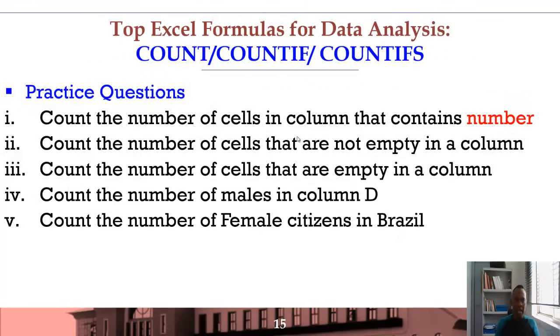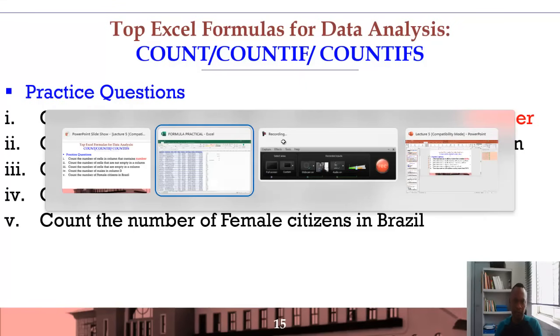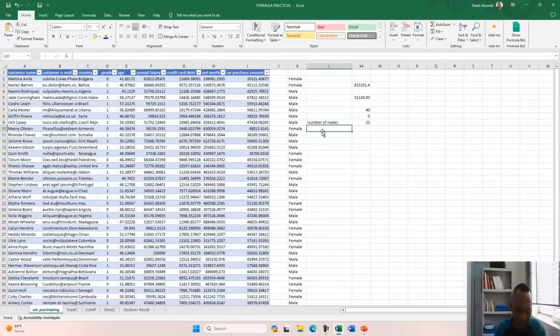So the next question: count the number of female citizens in Brazil. So now I have two conditions. First, I want to count the number of female citizens, and the female citizen must be in Brazil. So I'll be dealing with two columns: the column for gender and the column for country. So I will use COUNTIFS. Females in Brazil equals